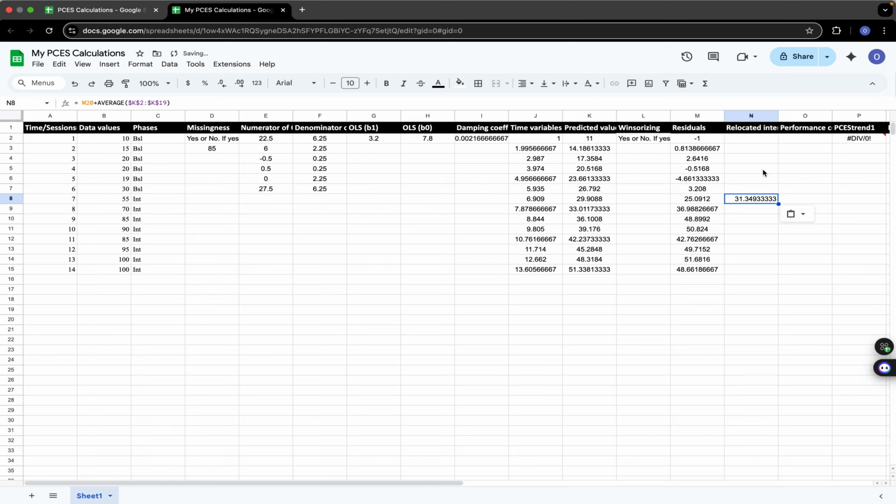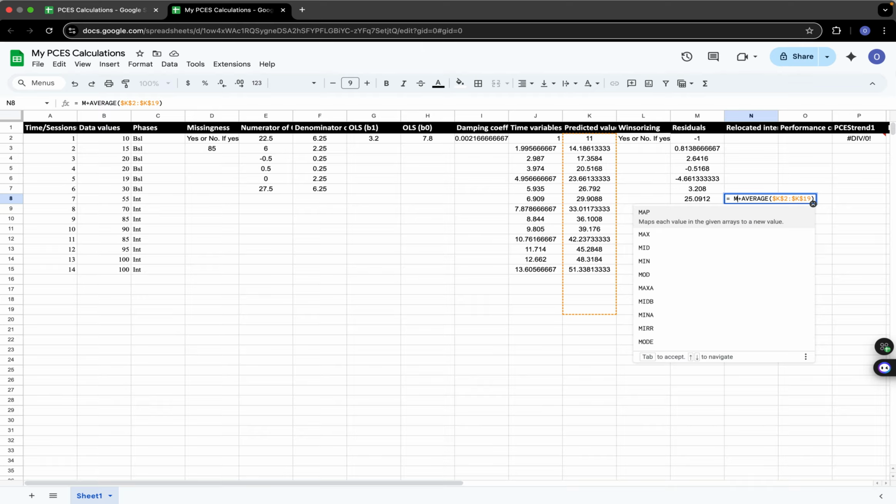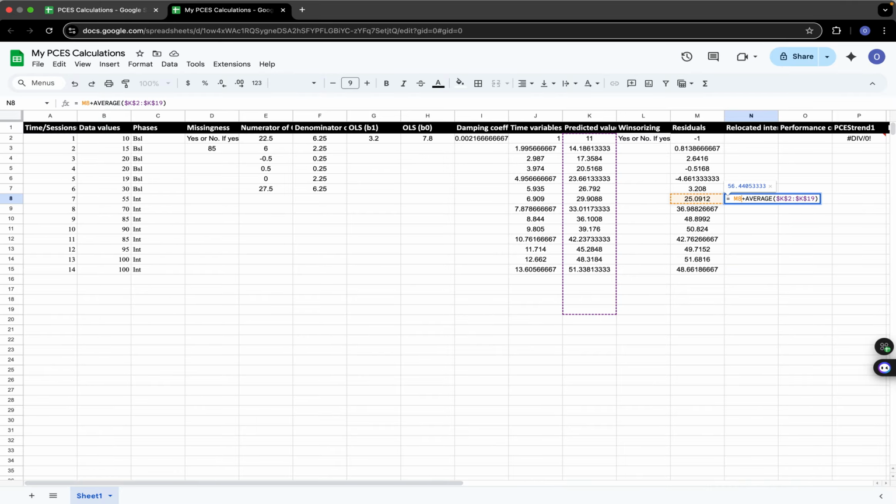Okay. Now I should adapt the formula to obtain relocated intervention data. First, intervention residual starts with M8 and we average Bayesian predicted values span K2 to K7. K2, okay, K7 and enter. Now I need to expand the formula for all intervention data